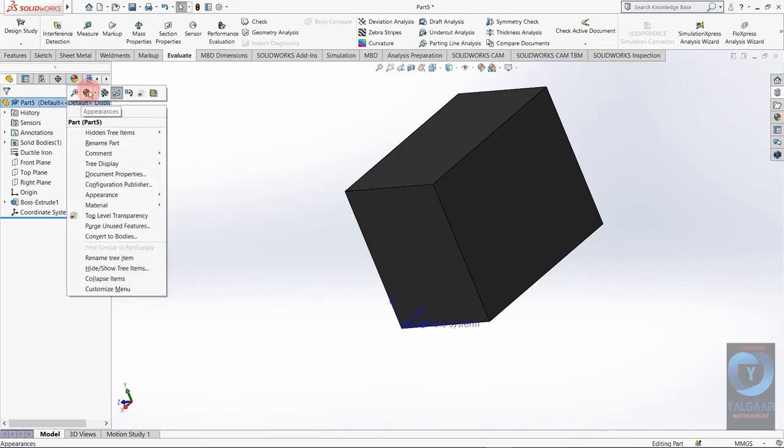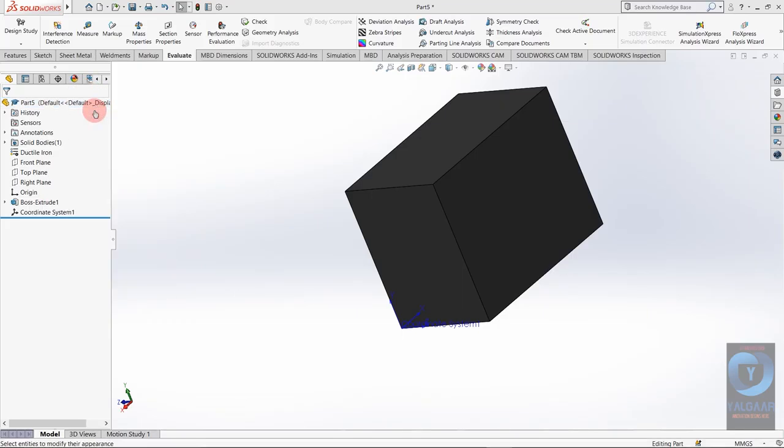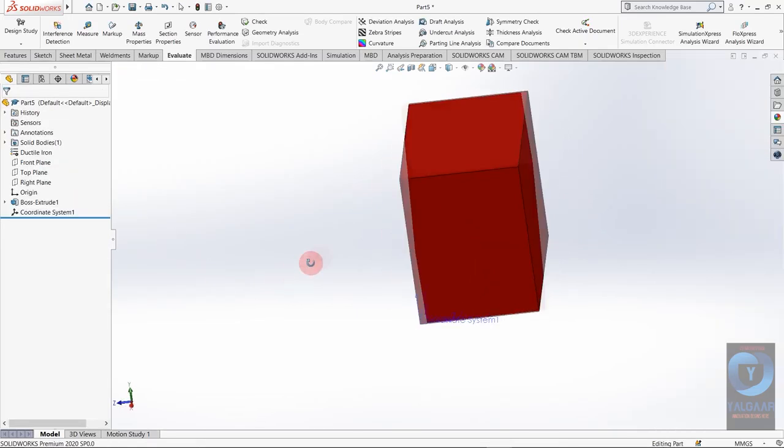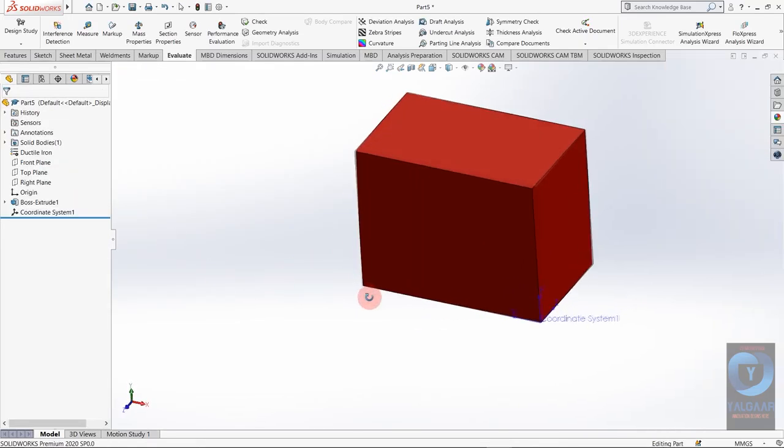Here you can edit appearance, select whole part. Now you can apply any color you want. So I want it red. So as you can see, it is now red.